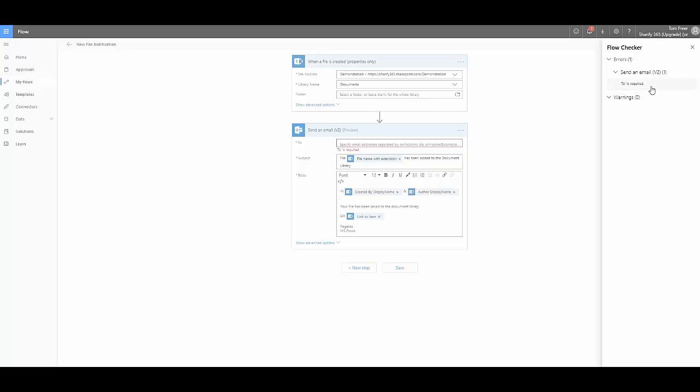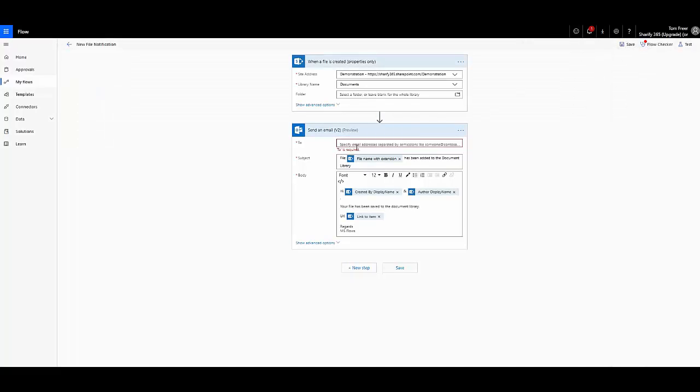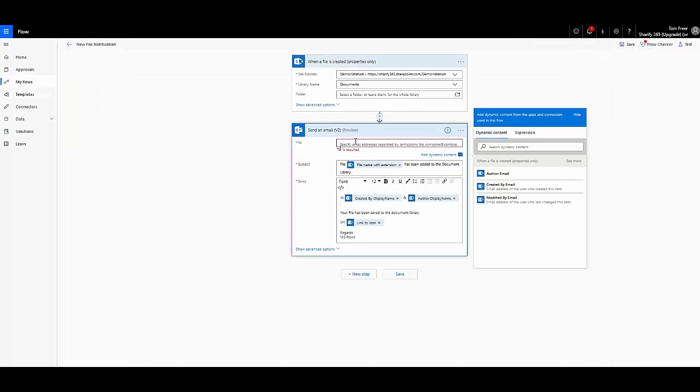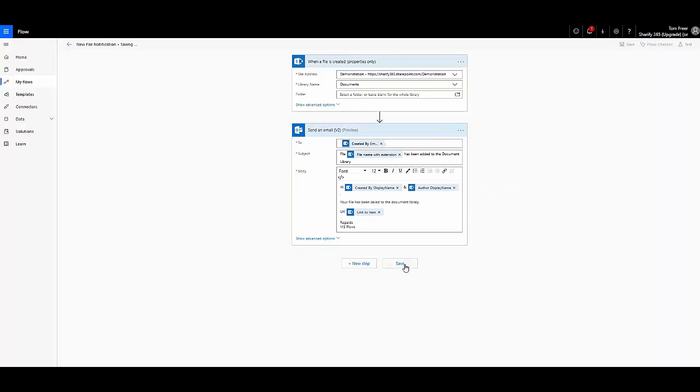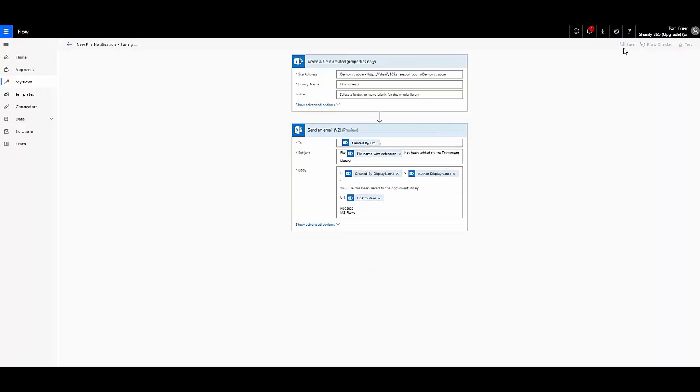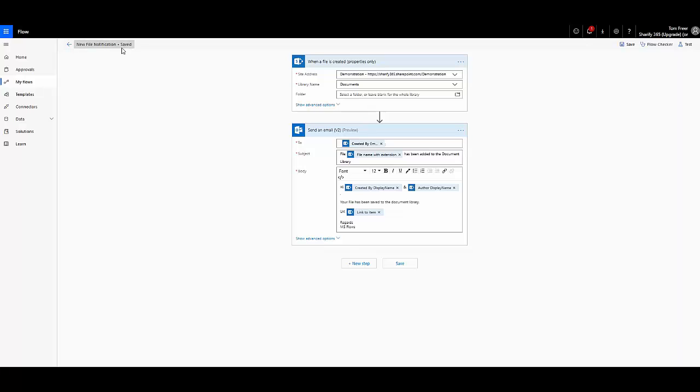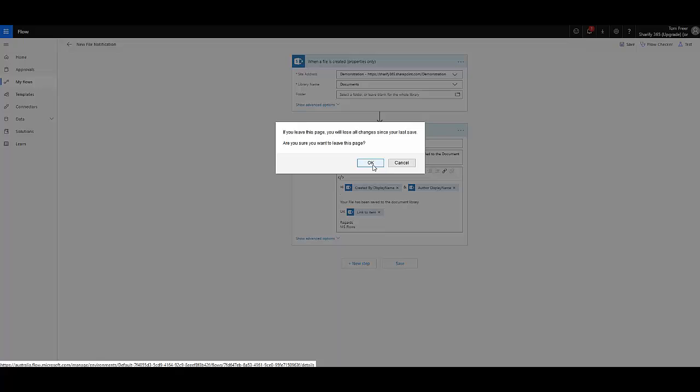And of course, the error being that the send email v2 card is missing the to field, which is required. So as you can see here, to field is required. So we better go back and put our email address back in. Okay, so we'll save that back in, and as you can see, that's saved successfully again. And so now we should be right to try and run our flow. So what we'll do is click back here,